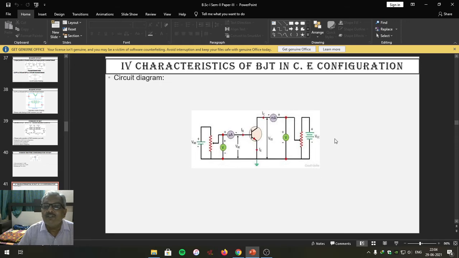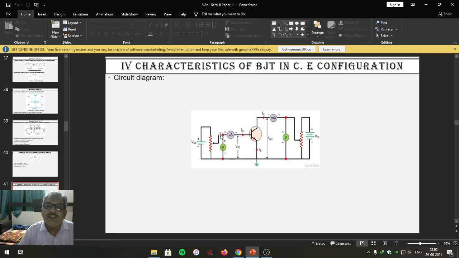So that's why battery VBB forward biases the base emitter junction, whereas the power supply VCC will reverse bias the collector base junction. How? Let us see. This positive terminal is connected via this particular path to the collector, which is of N type, meaning to the N region the positive terminal of the battery is connected. That's why we can say the collector base junction of the BJT is reverse biased.